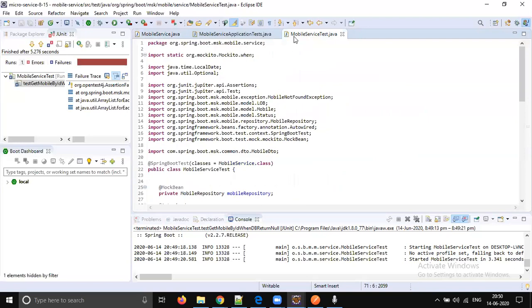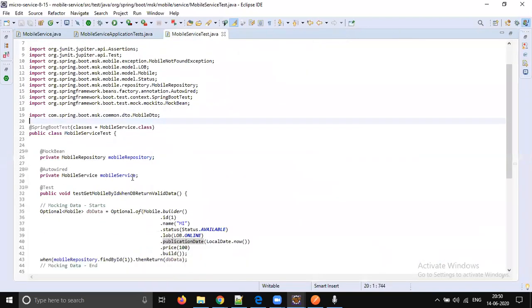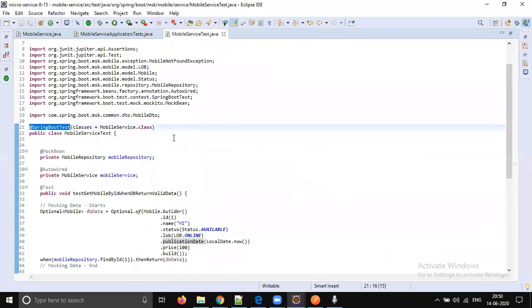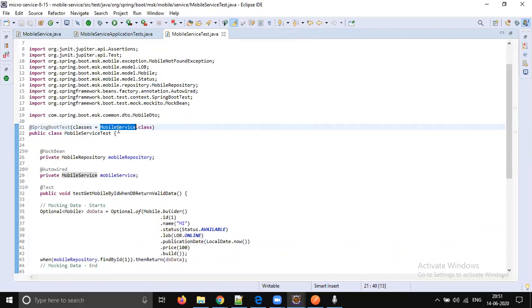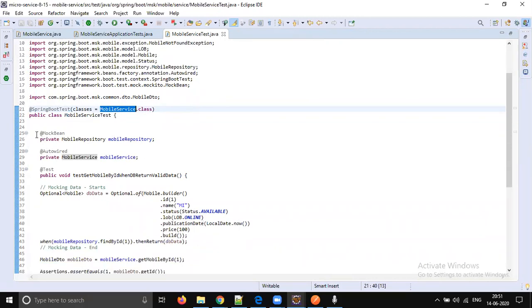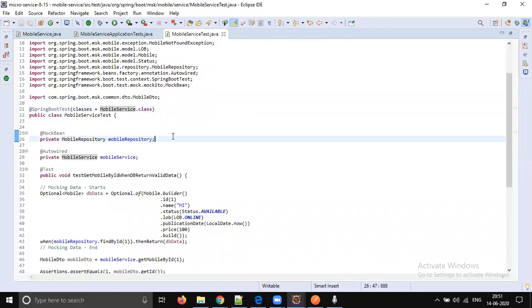We should follow some standards. The first one is, let's not put a direct Spring Boot test. It is not recommended because every time you run that JUnit test case, it will start the server and stop the server, which consumes a lot of memory. Let's not waste the memory. Focus only on the particular class you would like to test, and if there is any dependency, let's mock it.